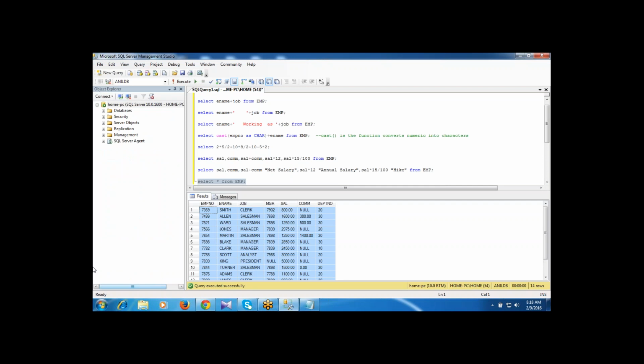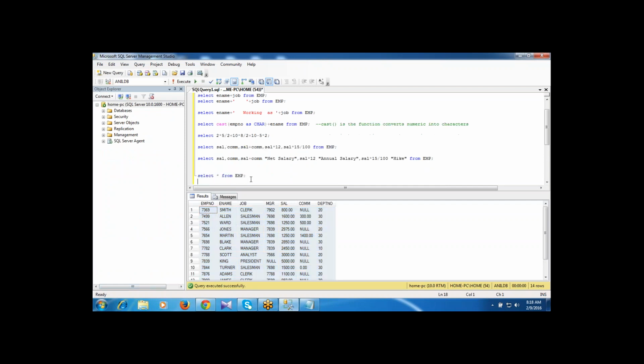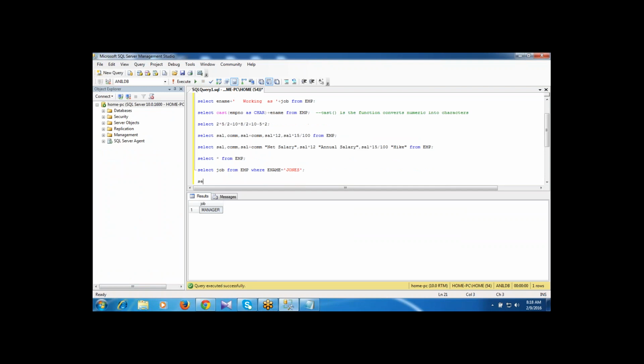So here I'm writing SELECT job FROM EMP WHERE ename equal to Jones. If I write the star, SELECT * FROM EMP WHERE ename equal to Jones. Got it? How to write the query?